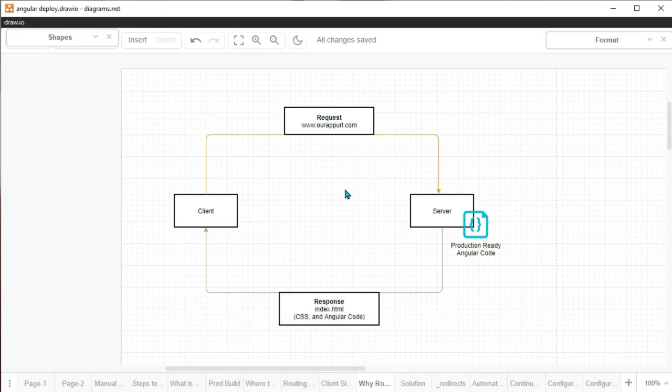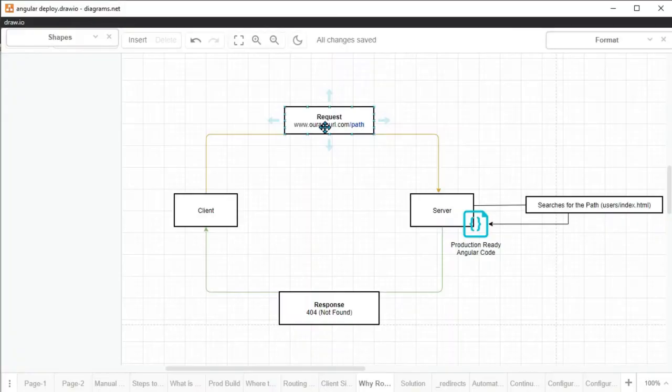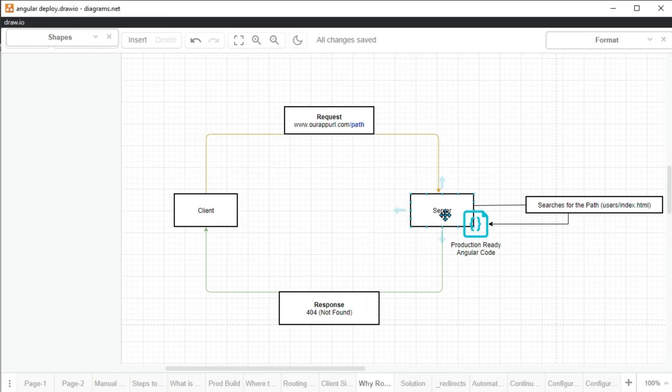Now we will try to understand why our requests are actually failing if we are sending a path along with our initial request. Here we are sending a request to our server with some path. For example, consider that path as users. In this particular case, the server will first try to handle the route on its own. In the previous case, as we didn't attach any path details along with the URL, it returned the index.html of the root page.